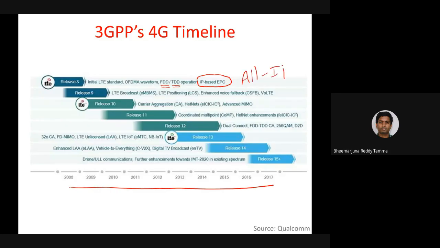So, everything that you do, including voice, is running on the IP protocol stack, using IP as the layer 3 protocol. Whereas in the previous generation that was not the case. You don't require an IP address, there is no IP switching, all that was not happening earlier. But from 4G onwards, of course, 5G also continues the same legacy. But that way 4G is remarkable in the sense that it is an all IP based packet switching network, very similar to the way you do things on the internet when it comes to establishing voice calls or